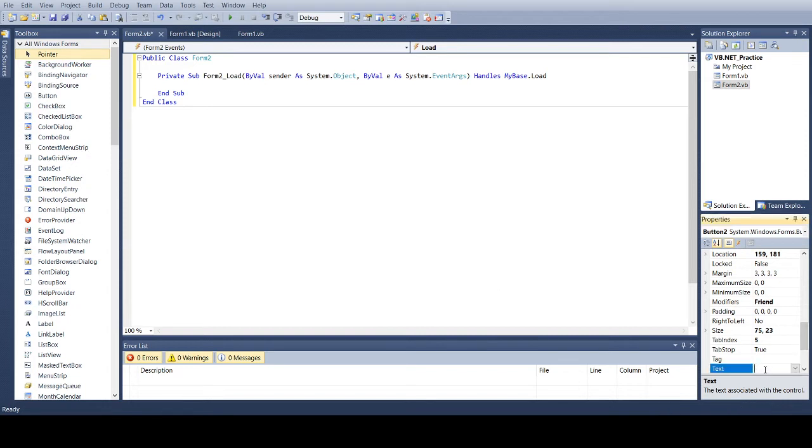Each button's text property will be changed according to the symbol or word. The next will be multiplication, the next will be division, and the last one will be modulo.